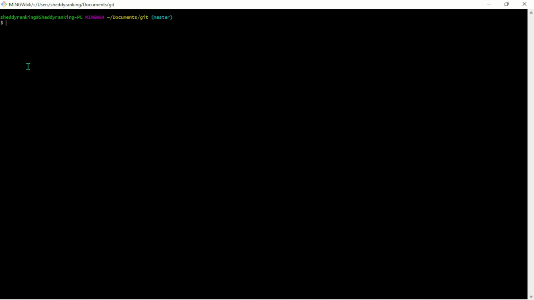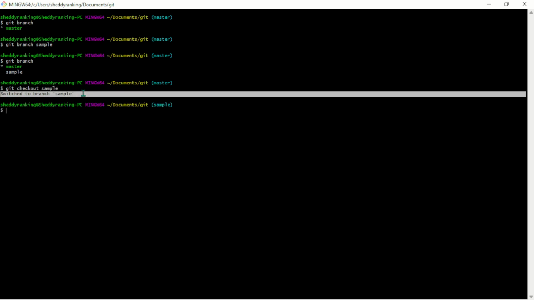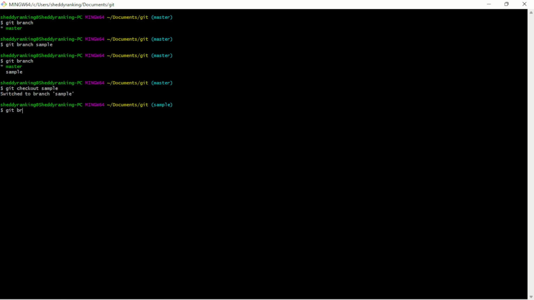So the command for it: if I do git branch now, it's going to show me all the branches that I have. And here I have only one branch, which is master. If I want to create a branch now, I can just do git branch and let's call it sample. If I do git branch now, you will see I have two branches: master and sample. If I want to switch to this branch, sample, I can just do git checkout sample. I can see it switched to branch sample. So if I do git branch now,